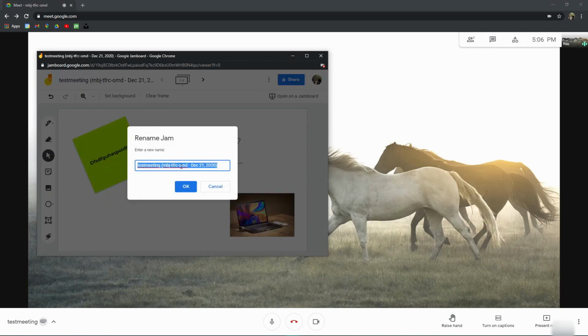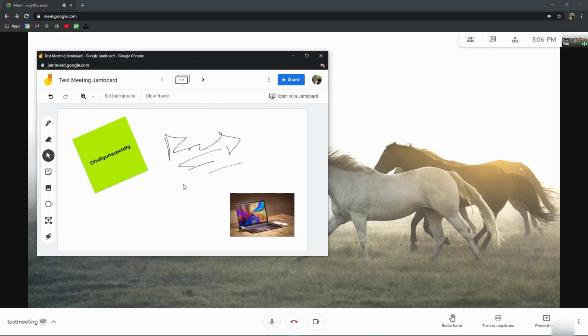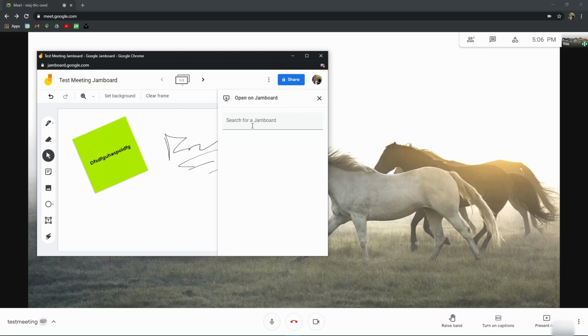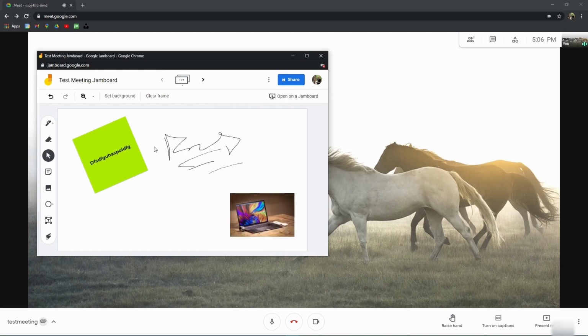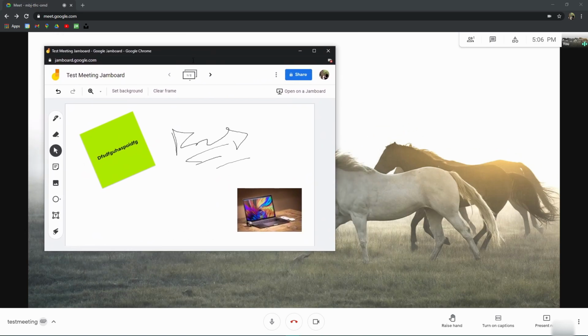You can click up there to change the name. So we'll call this test meeting Jamboard. Oops, not Hamboard, Jamboard. And done. And that's all saved to Google Drive. If I click open on Jamboard, this allows me to search for my existing jams that I've created in meetings before. I don't tend to use this because for this kind of thing, I prefer